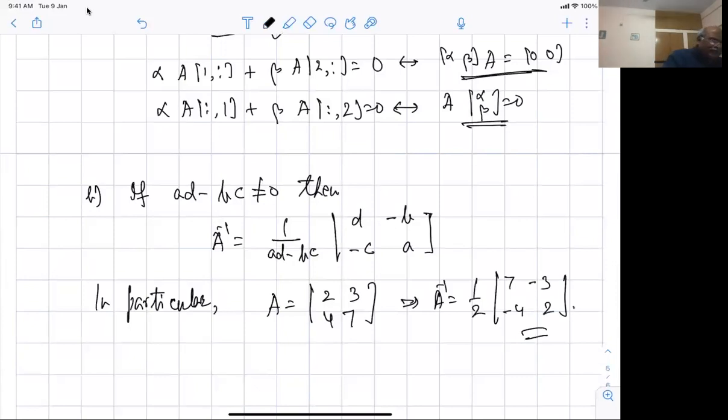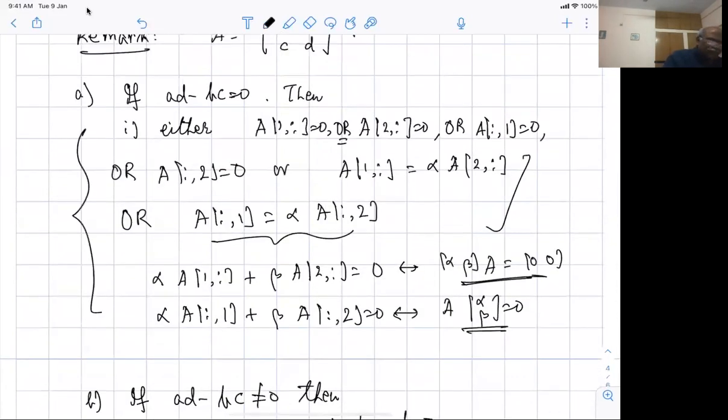The most important thing is that these ideas are important: you have a solution of the homogeneous system on the right, where the unknowns are alpha and beta on the left, and things like that, that an invertible matrix cannot have a row consisting of all zeros, a column consisting of all zeros, and things like that. These are very important ideas which will be used again and again. So that's all in this lecture. Thank you.